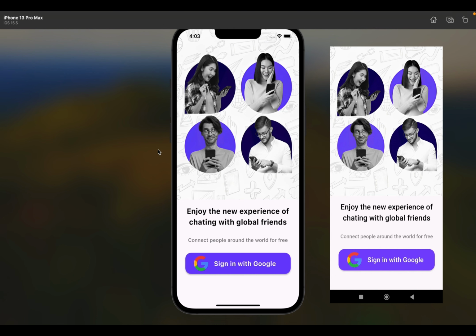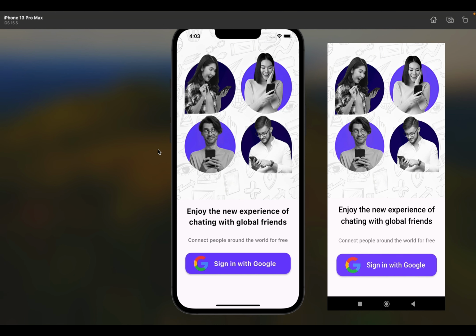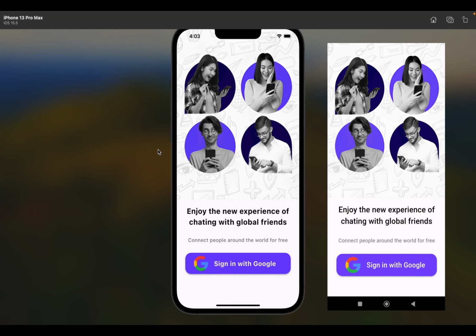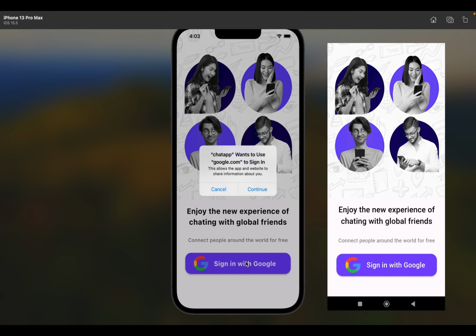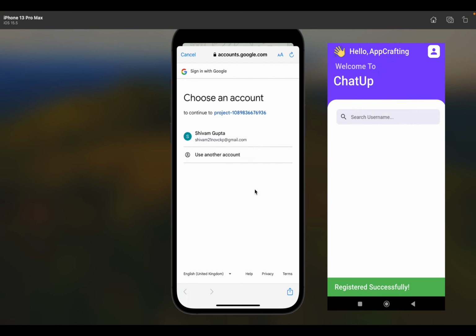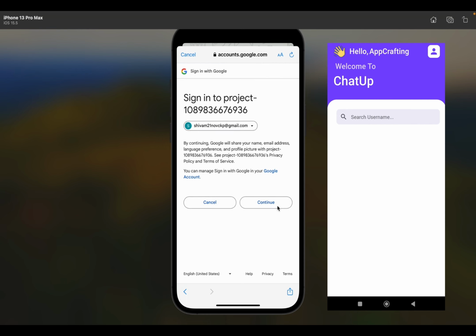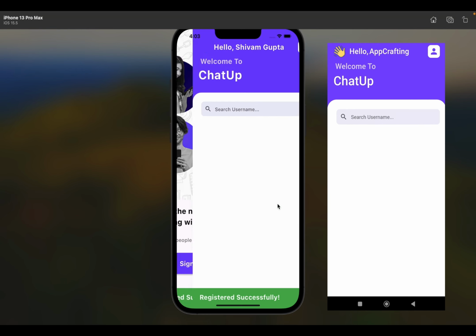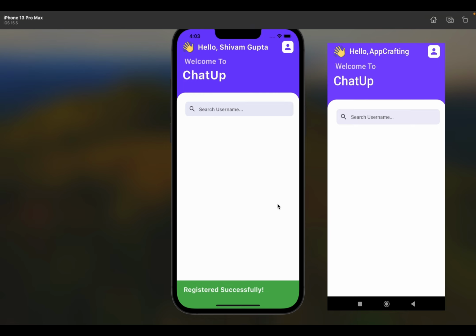Here, first I am going to authenticate with the help of Google on my Android device. Then I will authenticate with the help of Google on the iOS device. So let's click this sign in with Google button, and now we'll click this iOS button also, and we'll select one of my accounts for my Android device and one of my accounts for the iOS device. Now we'll sign in with Google on both devices, and we have registered successfully and directly move